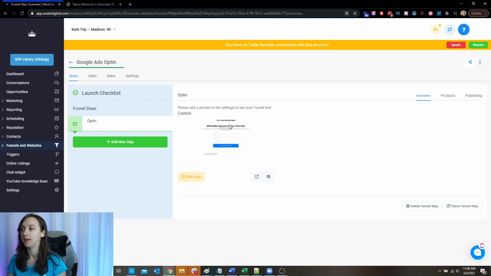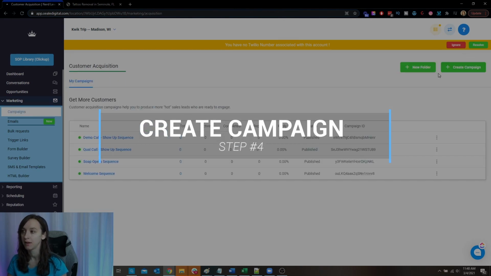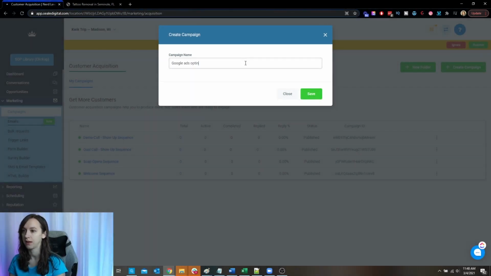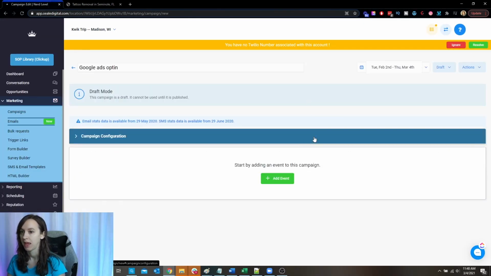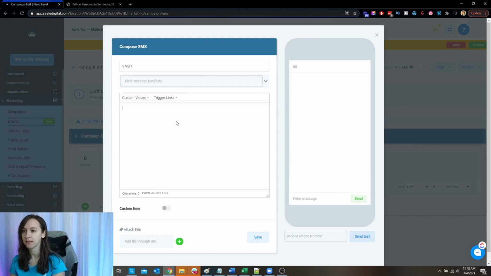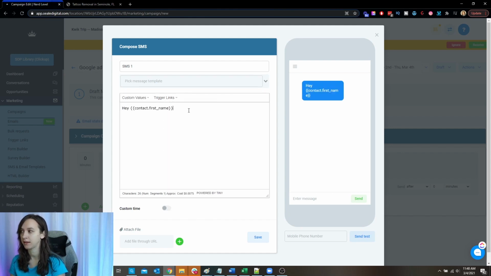Okay. Now, what you want to do is after you've entered the code, which was step 3, you want to create a campaign. So step 4, you want to create your campaign. And we're going to create a Google Ads opt-in campaign. And we are going to add an event, SMS, and we're going to text them back as soon as they enter that information. So we're going to say, hey, first name, hey, teammate Testerton, thanks,